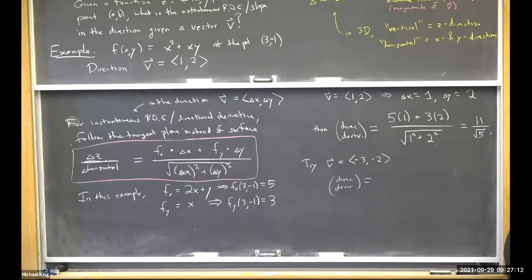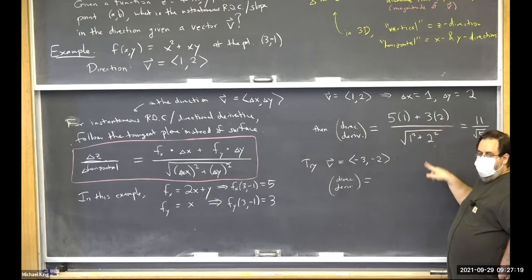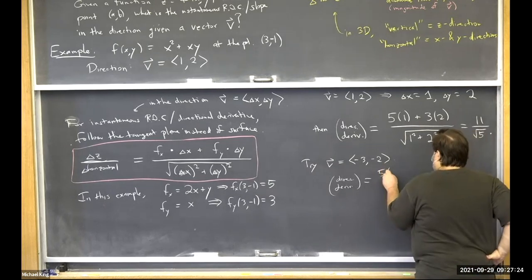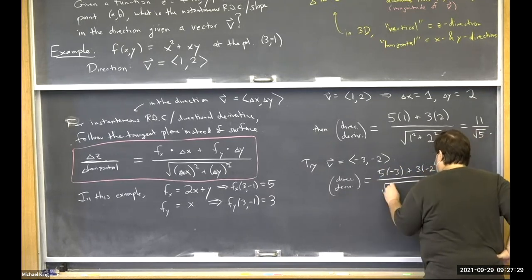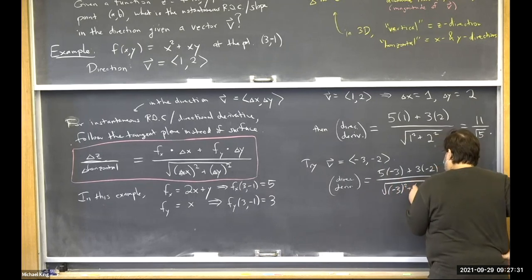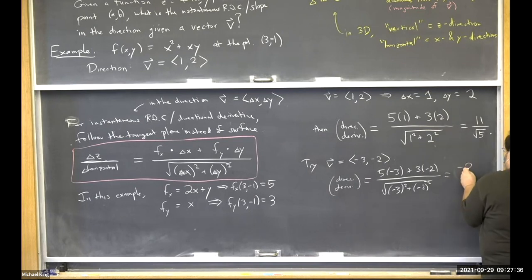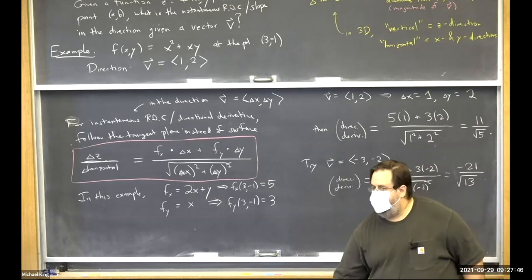I guess it's just negative, right? You're basically putting -3 here, -2 here, and then you have to put these things here. So I think, yeah. So it's -21 over square root of 13. Again, these numbers may not mean a lot, but what's interesting, I wanted to do that just because notice, like,